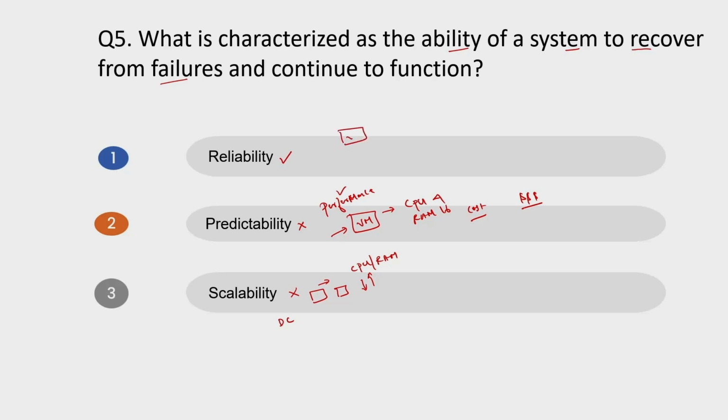Whenever we use a virtual machine, let us say we have deployed our virtual machine in an availability set. If one of the virtual machines fails, we have another virtual machine which can continue to function. If I use the virtual machine in an availability zone and the zone fails, I know that there is another zone which will work. Even if there is a zone failure, the virtual machine will continue to work. So reliability will be the correct answer.